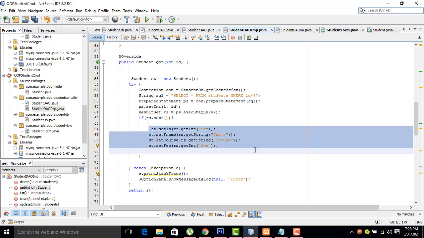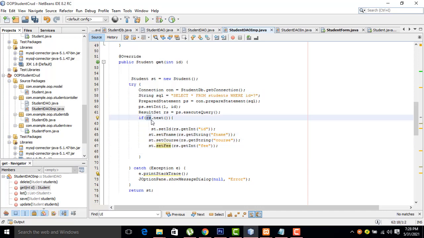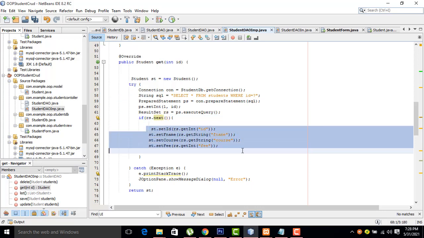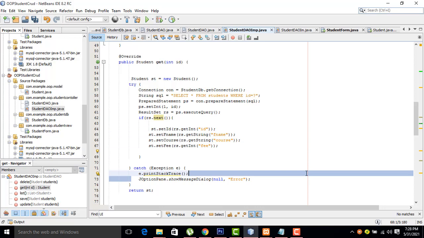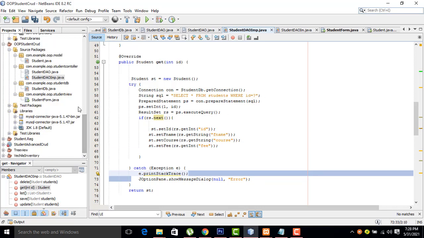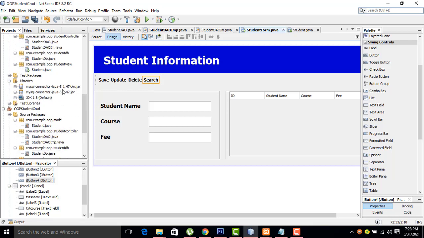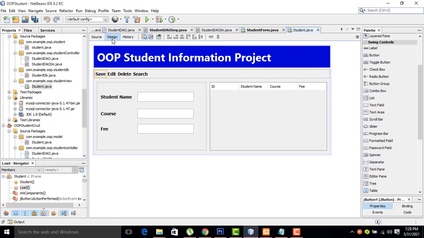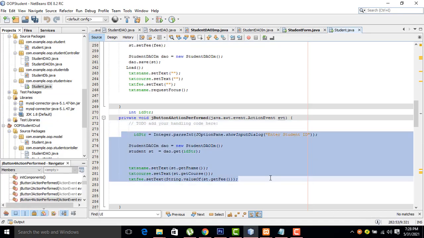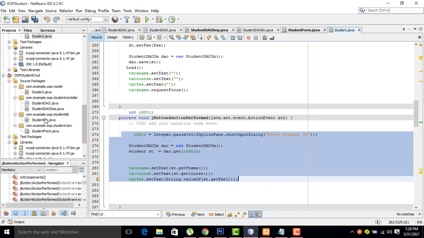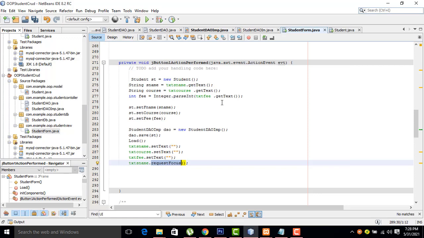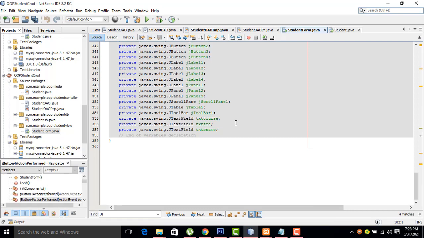All these things I have explained in my list also. The same thing you have to do. You have to check if the record is available. If result set next, if the record is available, we do the statistics. Otherwise it will show the error. Right. After that what I did here is in our form we are retrieving the values. So here we have to get the values. Search, you get the values.